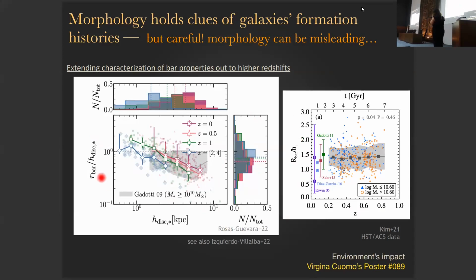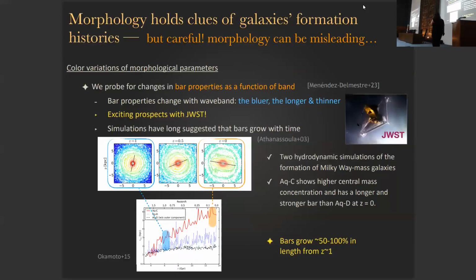What they do show here is perhaps a dependence on the disk size. And here I pointed to IRI 2023, or also Virginia Cuomo's poster. So, speeding through, this opens a lot of possibilities to do very exciting work with JWST and start comparing and looking at the predictions from specific isolated galaxy simulations that show how the growth of these bars could be.